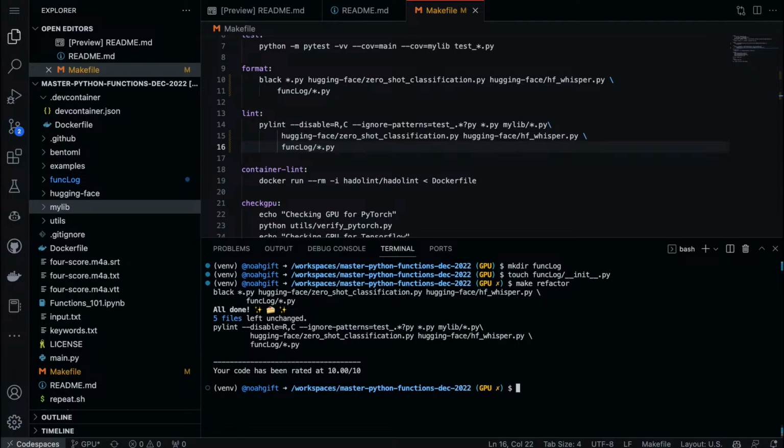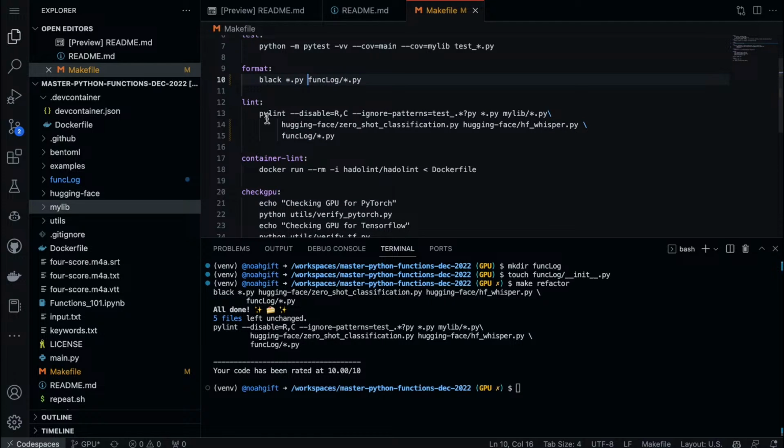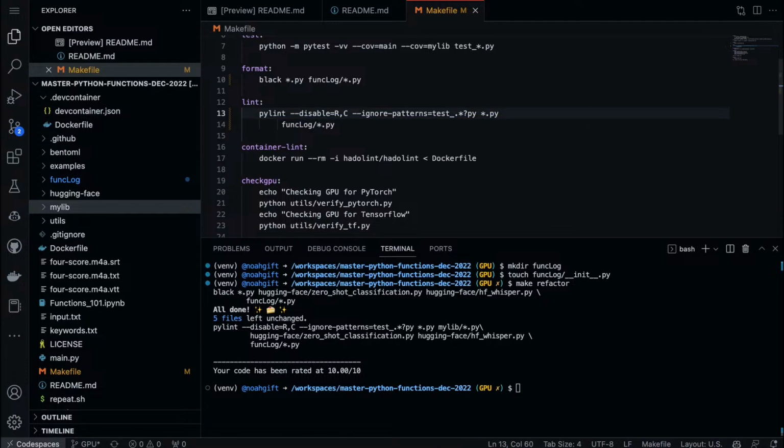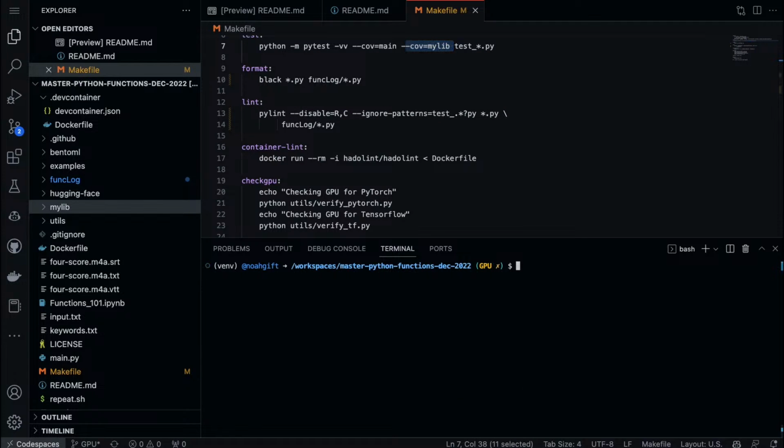I guess if I wanted to be more clean, I could even remove those other things, and it's probably not a horrible idea to do that. Let's go ahead and do that. Let's just make it simple. Let's only use the stuff that we're building today. That other stuff I may or may not get to, so I can just clean this up, and you can see here how easy it is to build out a new structure for linting or testing. That's it, right? And we could even tweak this in the future as well.